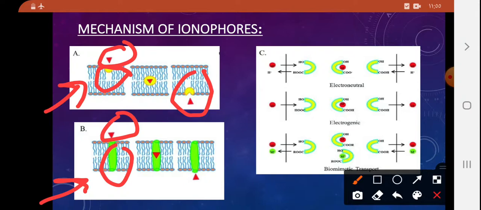So polyether ionophores are suitable to transport metal cations across lipid membranes. The first mechanism is electroneutral. The metal cation is incorporated into the pseudocyclic skeleton structure of the ionophore and diffuses to another interface,